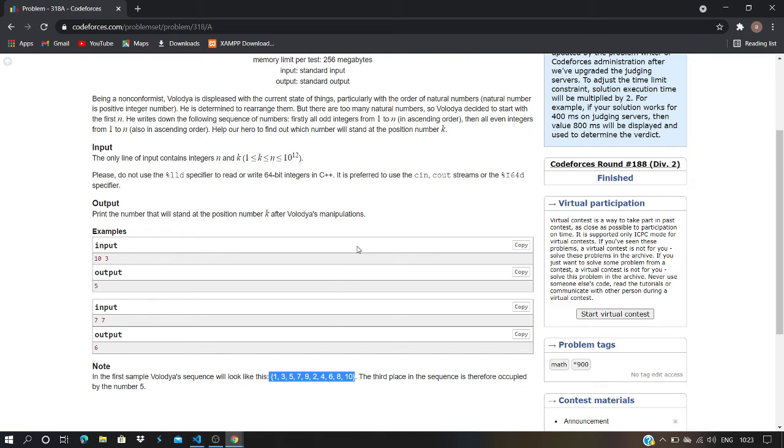One more thing, once again, in this case if you see the constraint 10 to the power 12, we cannot declare a variable using int. Why? Because the limit of int is around 10 to the power 8. I am not sure about it, but I think it is 10 to the power 8. But here it is less than or equal to 10 to the power 12, so it is greater than int. So we have to take long int to declare the variables. All right, so let's go.